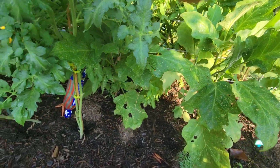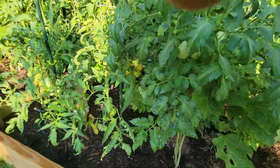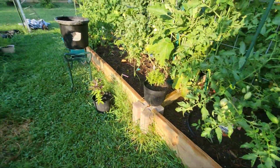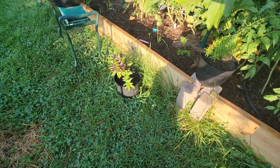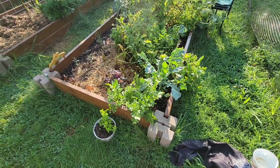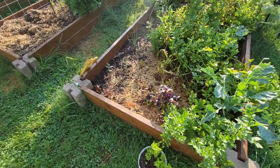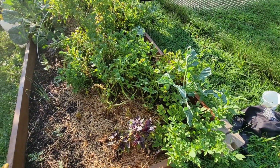All right, I'm going to stop, but you can see there's my basil hiding in there. I keep making my basil tea, which is lovely. And I'm going to get bit by the Rottweiler. All right, we'll be back. Okay, so back in the second garden, and here is the bed that had broccoli and